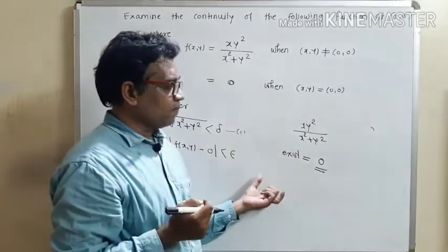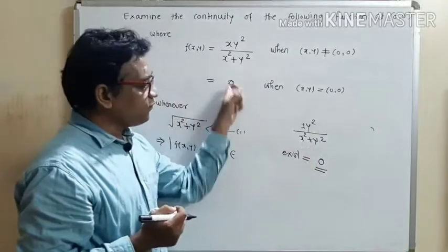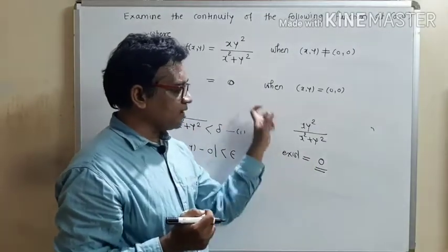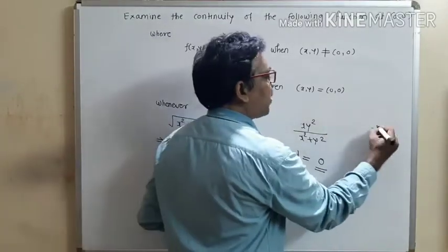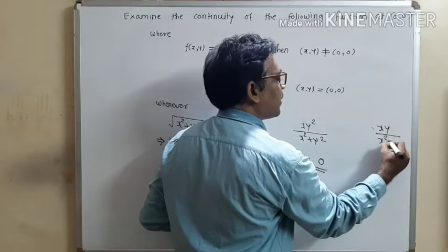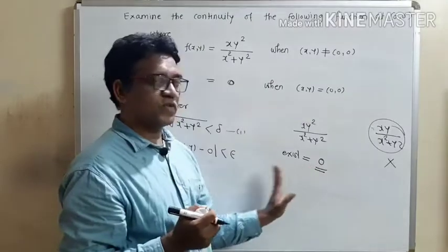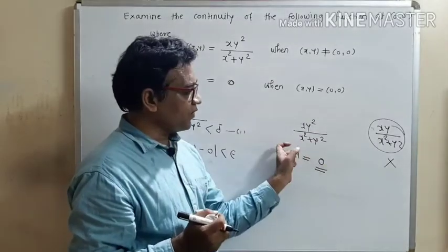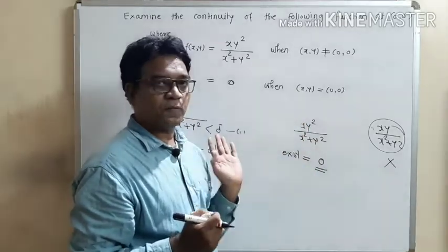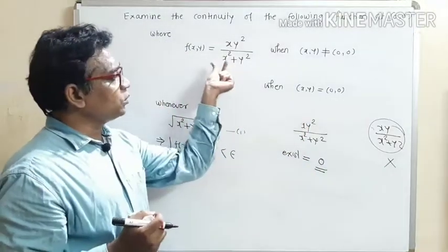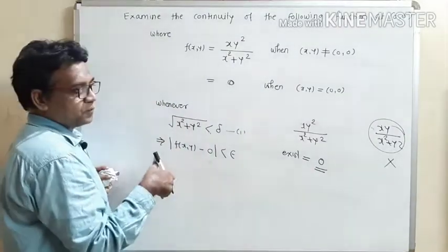See what is the rule? If the denominator contains the factor x square plus y square, then we can find its limit. Its limit will exist and it is given by the value 0, provided that it should not be homogeneous. If the function is homogeneous, just like x y divided by x square plus y square, then its limit does not exist. We require some non-homogeneous function. So let us prove that the limit of this function is equal to 0. So this is the process for finding the limit 0.